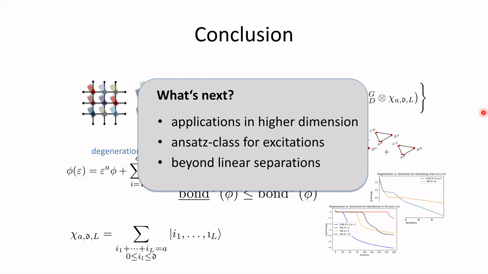And on the more abstract level, we saw that in principle, it could be possible to get quadratic savings on the ring, for example. I would be very interested to find out whether this is actually realizable, or whether we can improve the upper bounds that we have derived now to see that actually the separations that you can get in one dimension should be linear after all. And with that, I thank you for your attention and hope to see you in the